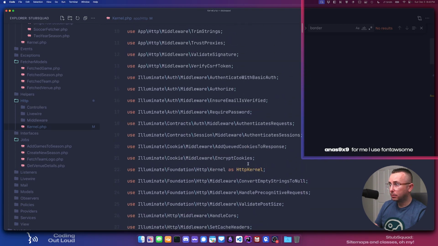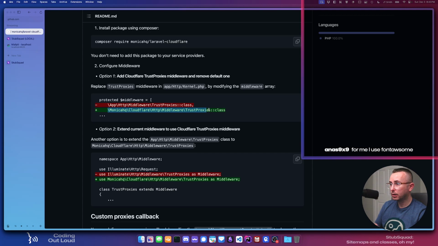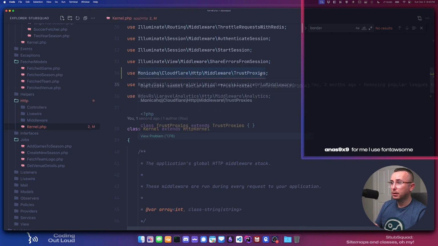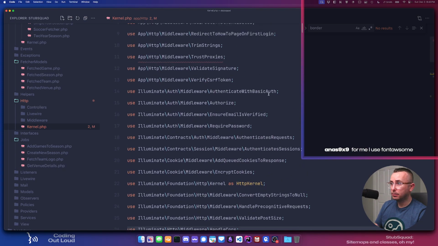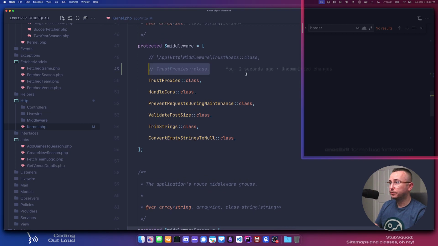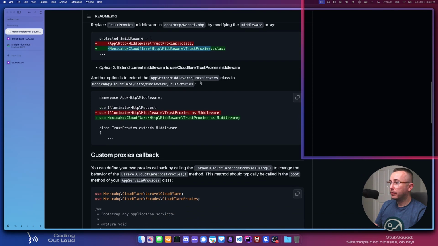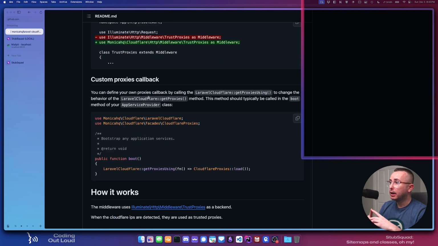Did it actually import? I don't think it did. No. Okay, so we can go like this. Use that for trust proxies. Right, and so we want to comment out trust proxies here. Okay, so now it's going to use the trust proxies package, but we basically now have to have it